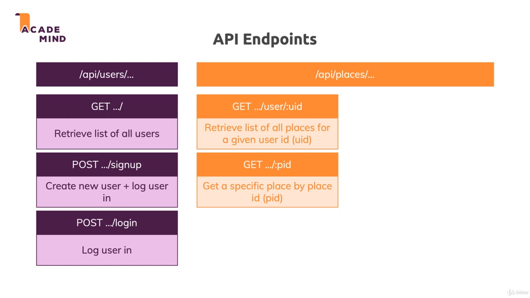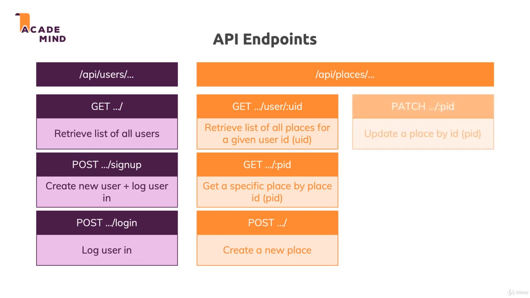Now, if we send a post request to just API/places/nothing, then I want to create a new place and I expect that the data which is needed to create a new place is attached to that request. If we send a patch request to /API/places/someplace_ID, then we want to update that place by its ID. This request will carry data in its request body as well. It needs to carry the data which we need for updating the place, namely the new title and the new